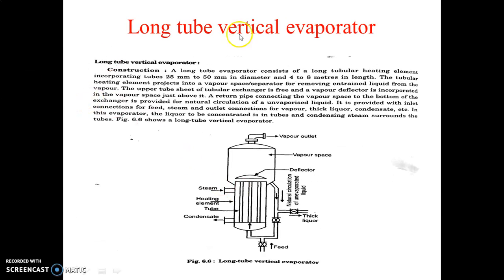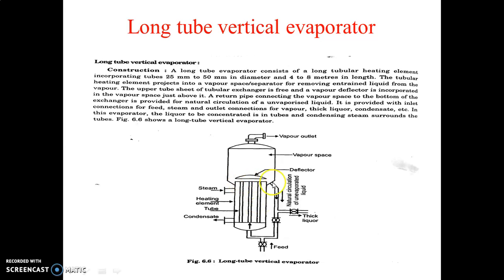So this is the figure of the long tube vertical evaporator. It consists of a long tubular heating element, incorporating tubes of 25 mm to 50 mm diameter and 4 to 8 meters length. This length is high as compared to the other evaporators, so it is called a long tube evaporator. Then the tubular heating element projects the vapor, that means the vapor produced in this heating element is projected